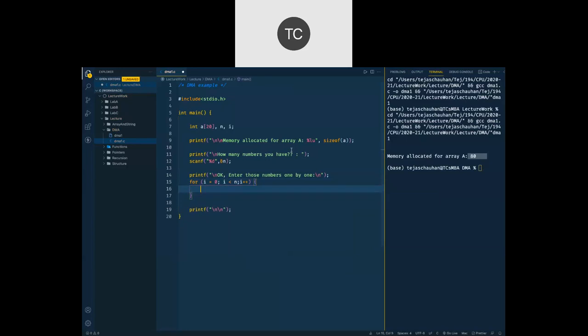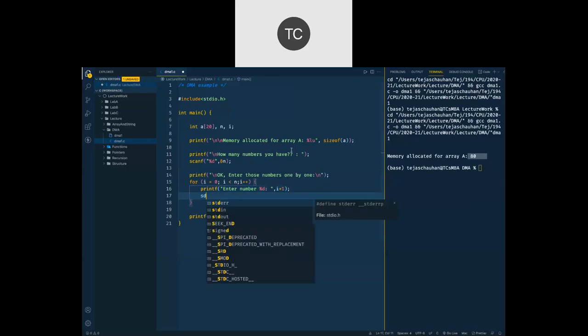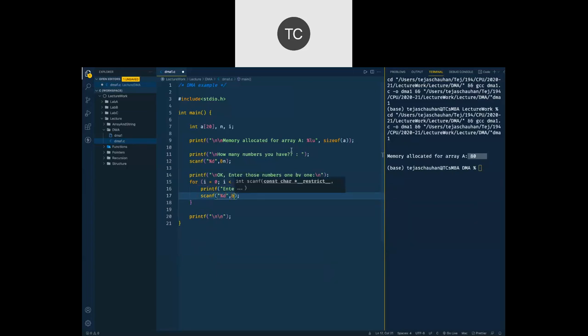And inside this for loop, we'll say printf enter number 1, enter number 2, enter number 3, and so on. So i plus 1 here. And then we scan that number, %d, ampersand. Now, where do we want to store those numbers? Inside this array. So I'm going to have A of i.